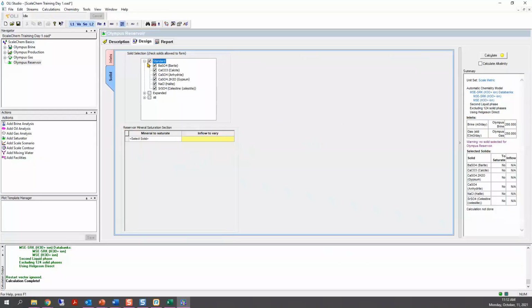So we click on the standard solids. The software, of course, is telling me you are not selecting the minerals, the solids to saturate, and that's okay. I just want to see what the software will calculate if we don't saturate with any solids yet. Okay, so we click on the calculate button.